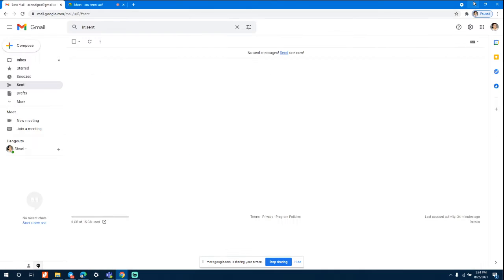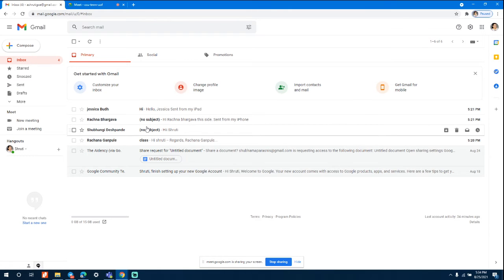Now, whatever mails I've got, 4 more mails here, and they all are important to me, but because they all are coming to me from the Inner Wheel people, I know these mails keep coming, and I want to create a label for them. Let's suppose I want to look for any of the mails that have come through Inner Wheel. Now I cannot keep scrolling down. Right now I have only 4 or 5 mails, so it's fine by me, but otherwise it is very difficult for me to keep scrolling down.